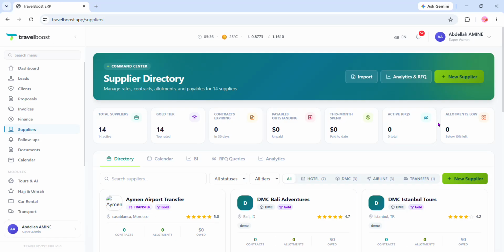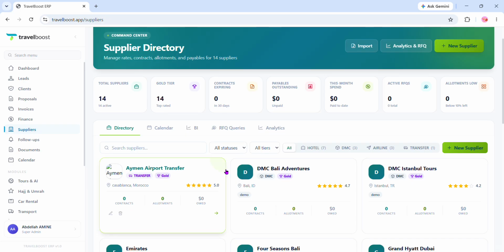Welcome! In this tutorial, we'll explore the supplier section in Travel Boost. The supplier section serves as your centralized directory for managing supplier relationships. Whether you're working with hotels, airlines, DMCs, transportation companies, or activity providers, this section helps you organize supplier information, manage contracts, monitor spending, track payments, and analyze supplier performance all from one